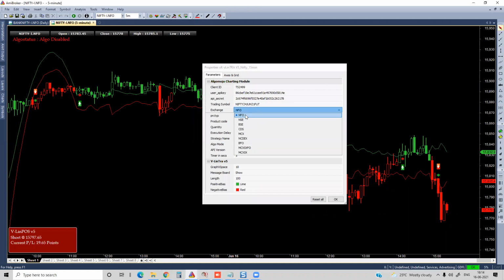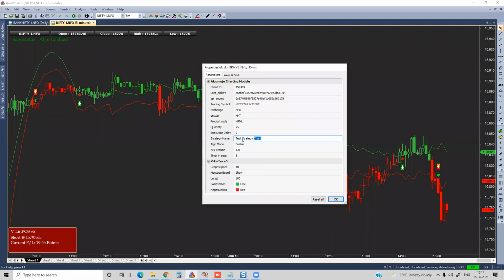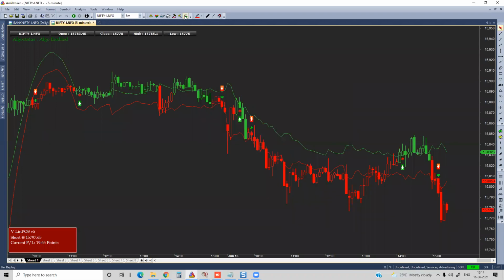Select the exchange. Exchange is NFO. NFO stands for Nifty Futures and Options. And the product type, I want to set like market order. Order type is, let's say I want to set MIS order. And quantity, I'm going to make it maybe something like 75. 1 lot is what I want to punch. And I want to enable the algo. Maybe if possible, also give a name to that. Let's say like Bill Intra Positioner. It is more of a positional strategy, by the way. I'll try to run it.